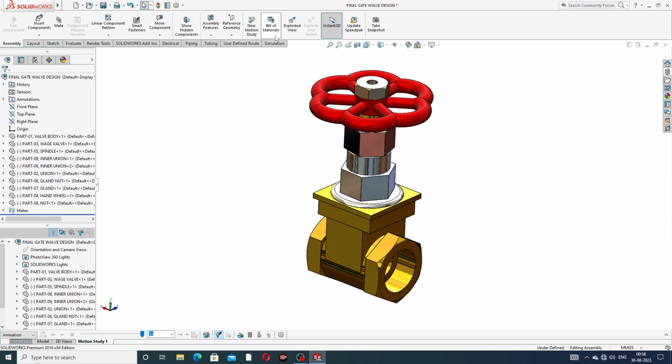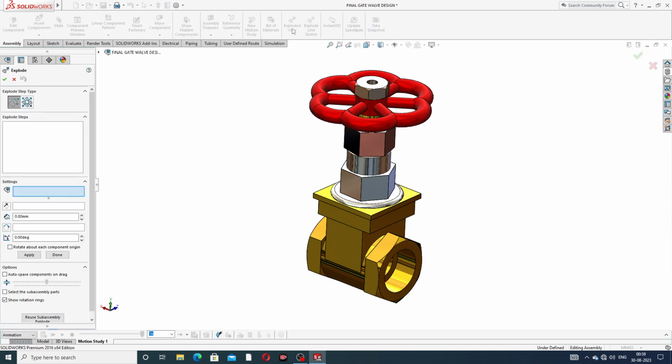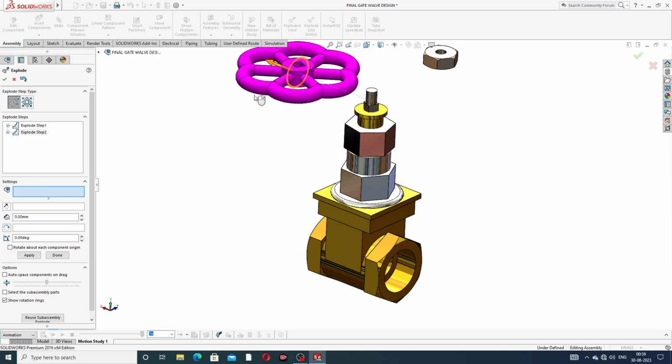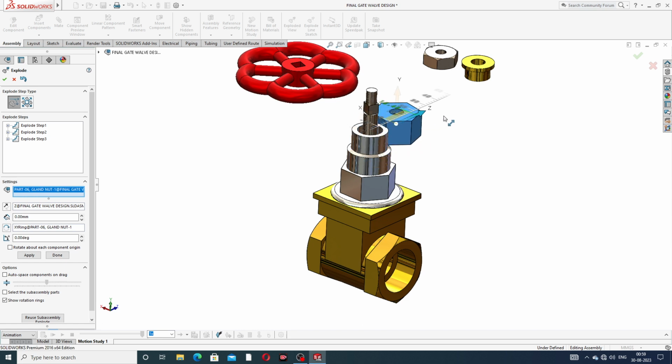At first, apply the exploded view here, and all parts separate one by one easily and clearly. This nut is first, and second is this handle. Next is this part, and this is perfect, and second is this part.